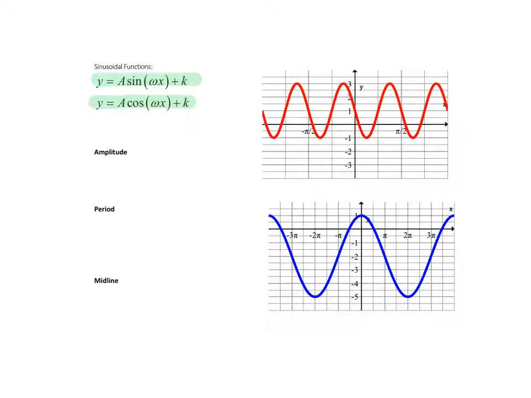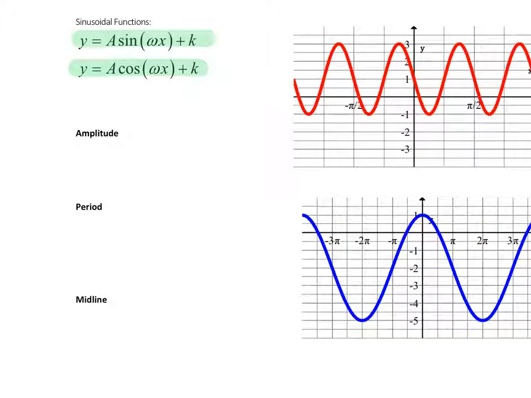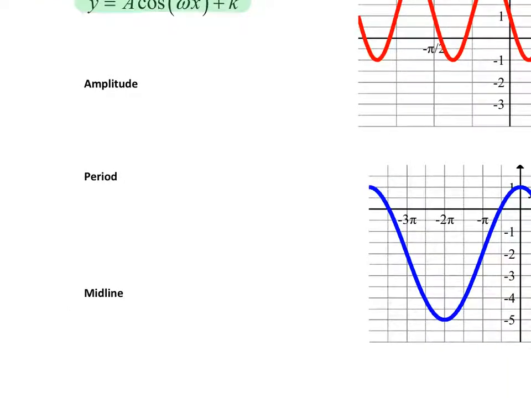So the a, omega, and the k each do something different to the function. They relate to, in order, the amplitude, period, and midline. But before I discuss what each one of these does, we're just going to define generally what amplitude, midline, and period are. So the amplitude is defined to be